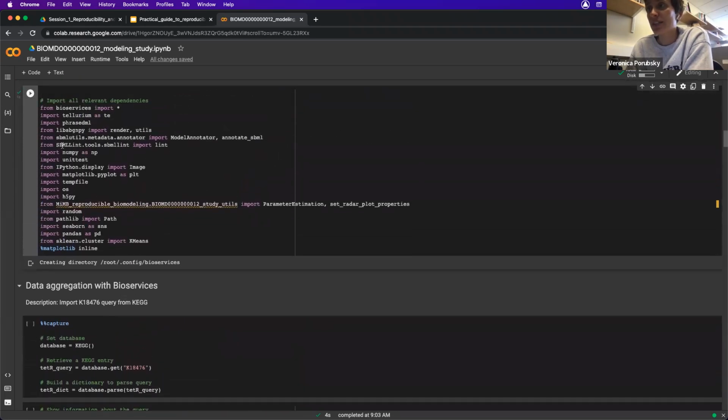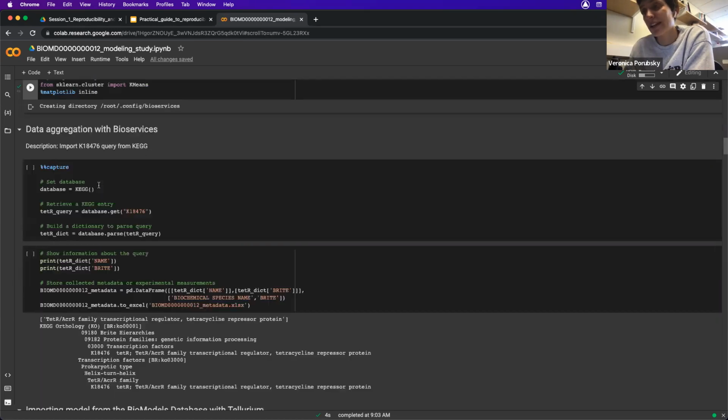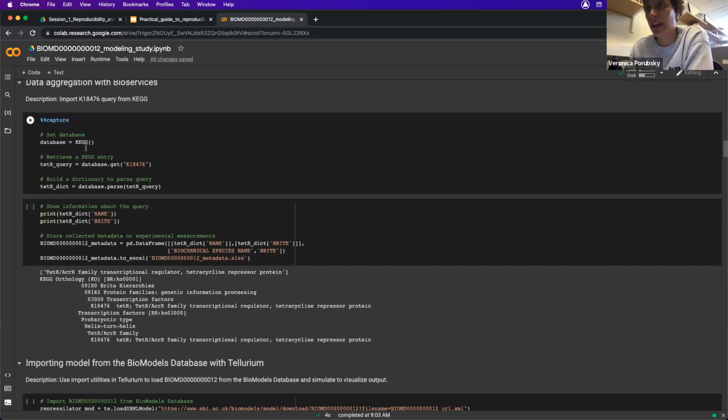So basically when I did the import here, I guess I'm probably excessively importing because I'm only going to use an example with the KEGG database, but from bioservices, I'm importing all of the packages within that. And one of them is KEGG. So here I'm setting the database to be KEGG, and then I want to retrieve a KEGG entry. Specifically, I want to import what is stored with this KEGG identifier 18476, which, we'll see what it's going to be, but it's relevant to